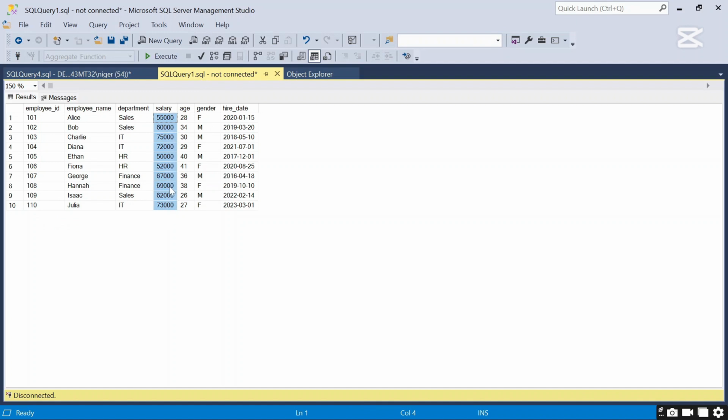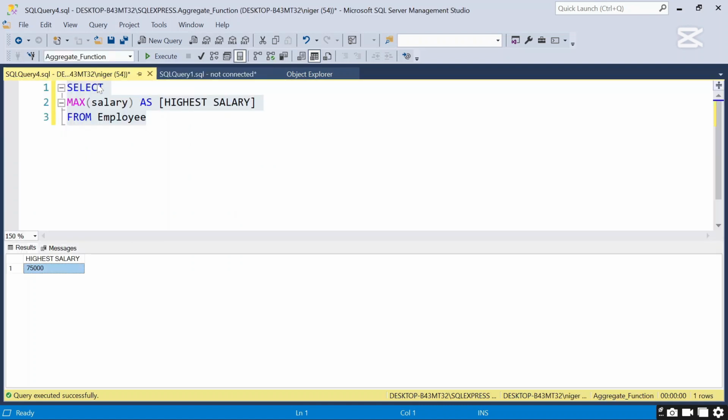At a glance, you would also be able to know it's 75,000. But this will be useful when you have a large number of records that you cannot easily see at a glance. So the next one is the minimum salary, where we're going to use the MIN to calculate the lowest